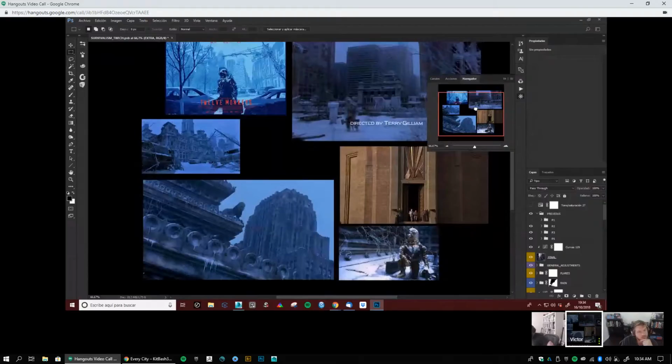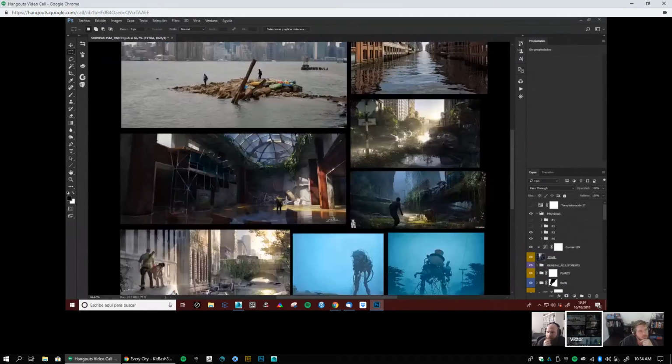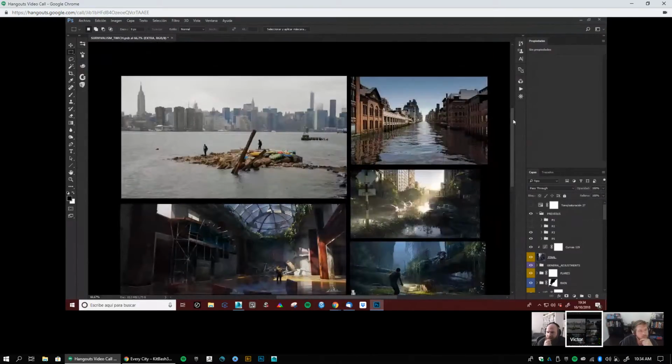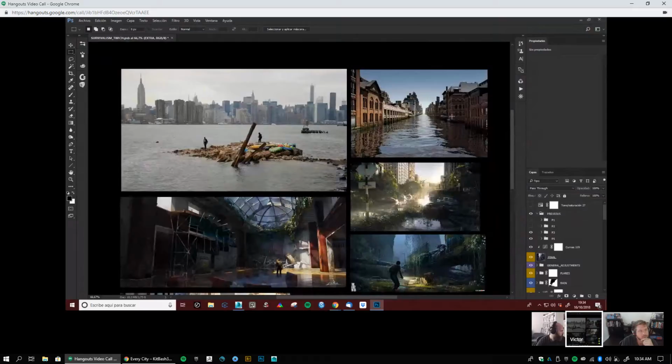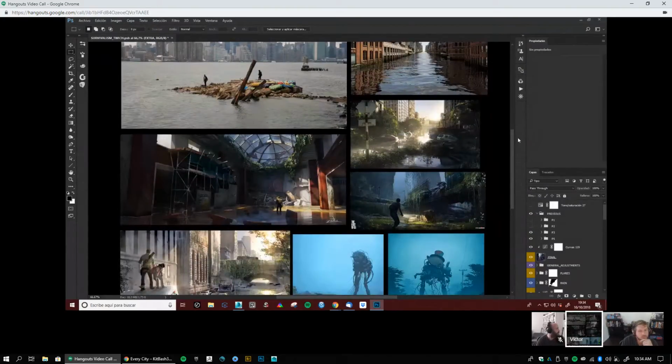I started with something really monochromatic, really bluish, some bluish tints, which also led me to other references. I tried to search for some images of New York or flooded New York. I found some here and there on the internet, and also obviously some incredible